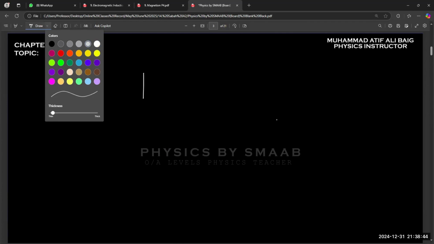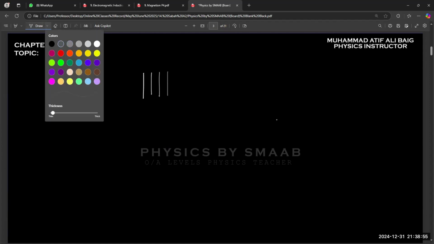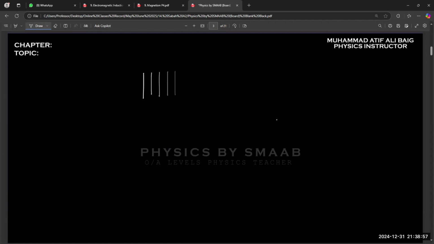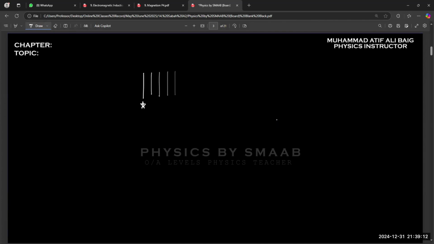For example, right now we have a black background, right? If we use white color on it, it is very clear on the black color, right? But if we use different shades like this one, we have another shade, a third one, and another shade, the contrast is getting less because the range between the shades is getting less. So it will be very difficult to differentiate which one is the bone and which one is the tissue. This is actually called contrast, right? So the first one is giving you better contrast as compared to all the other options.